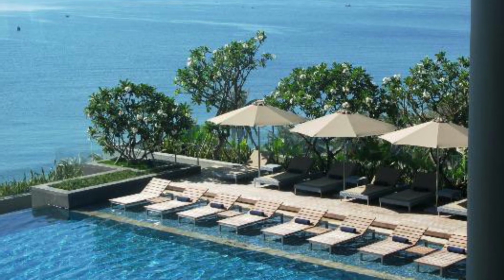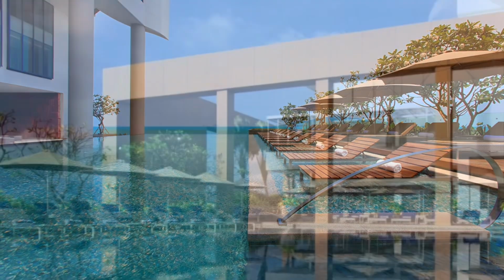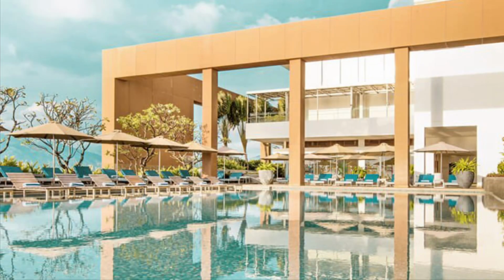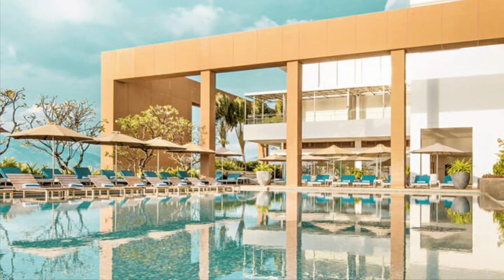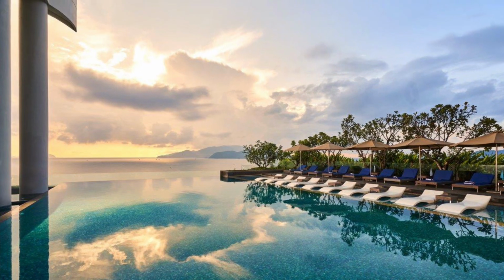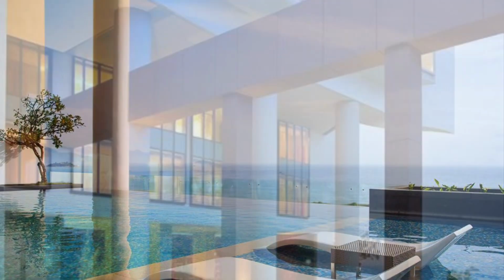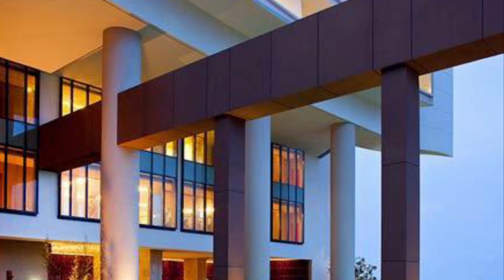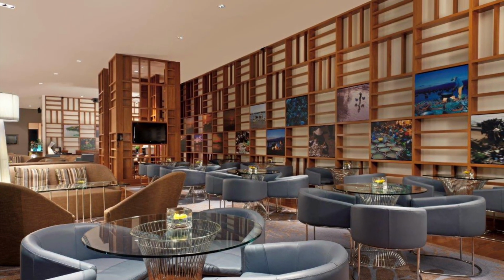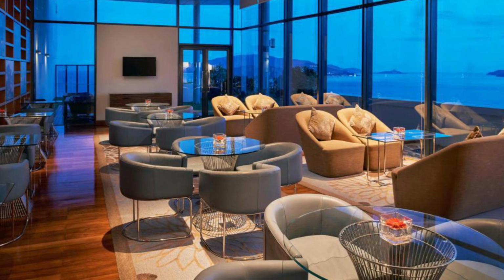This is what I told you about. This is the swimming pool for adults, and this is the swimming pool for children. The children's pool is about 4 feet tall, and I chose to go in that one because I don't feel afraid of anything, and all of them are infinity. It's just like blending in with the ocean below. This is the rooftop place, and this is the club